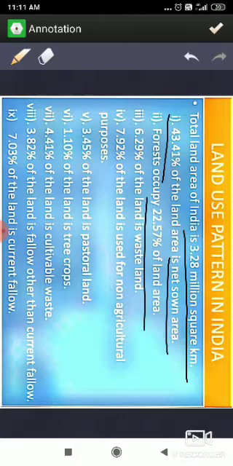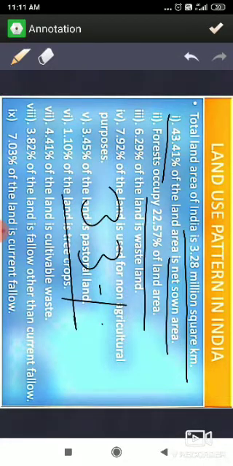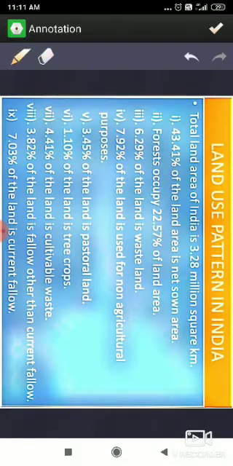22.57% of land area. Forest accounts for 22.57% of land area, but to maintain the balance of the ecosystem, out of total geographical area, a country should have at least 33% to maintain its ecological balance. And less than this means your ecology, your environment is under threat, and you may face some ecological crises in the coming future. But as far as we can see, the proportion that comes under the forest is 22.57%, which is alarming to us. That means we should maintain the balance of nature by growing more and more plants,